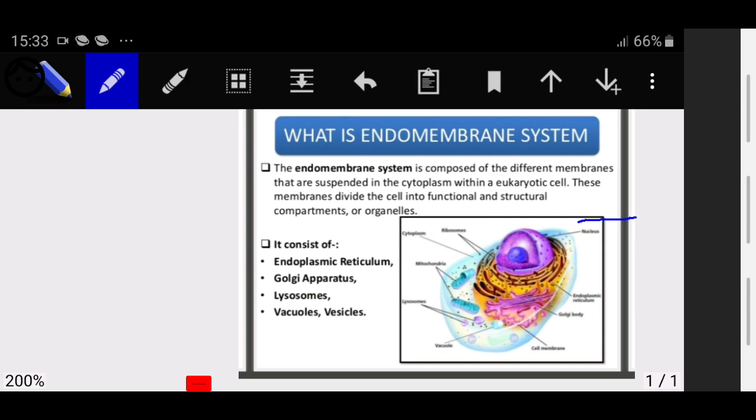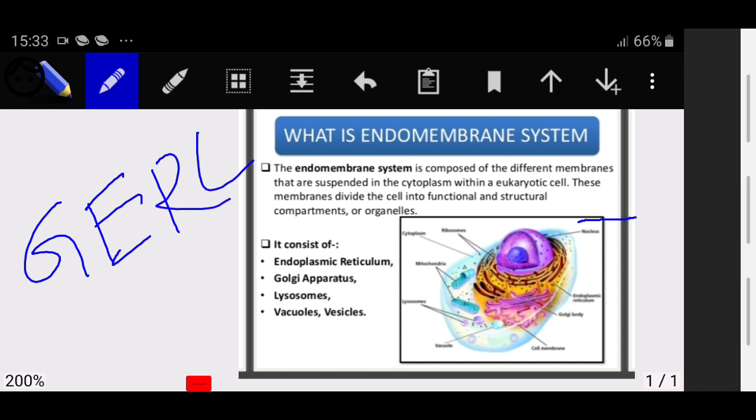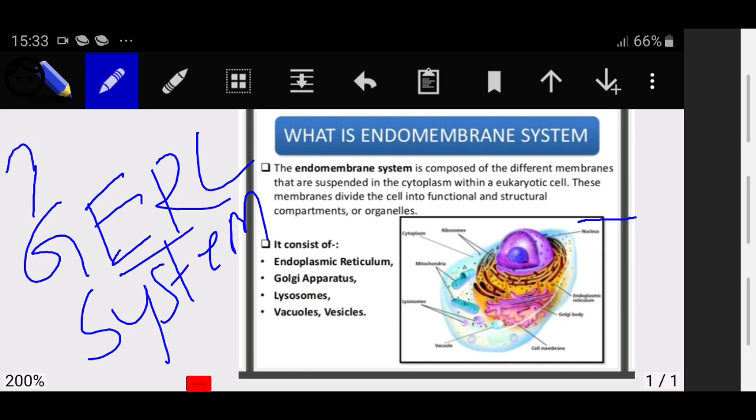Dear students, today we are going to discuss one more important topic, that is the GERL system. Already we discussed the structure of it. G stands for Golgi complex, ER stands for endoplasmic reticulum, and L stands for lysosomes. And we already discussed the structure and functions of Golgi complex, endoplasmic reticulum, and lysosome,